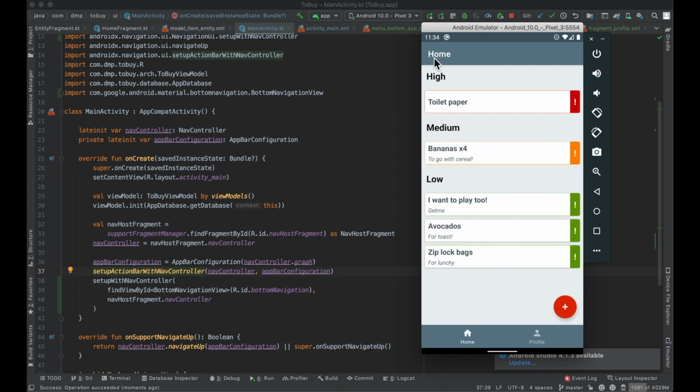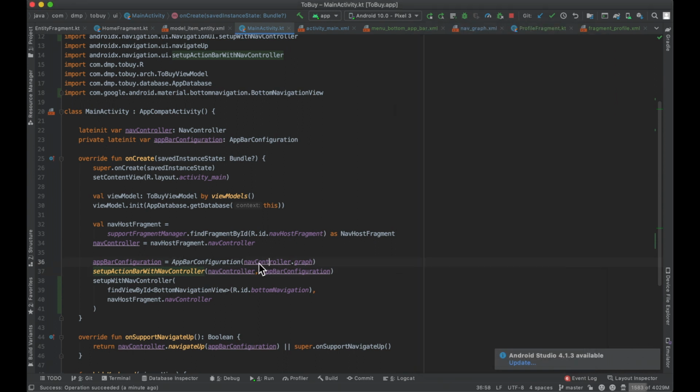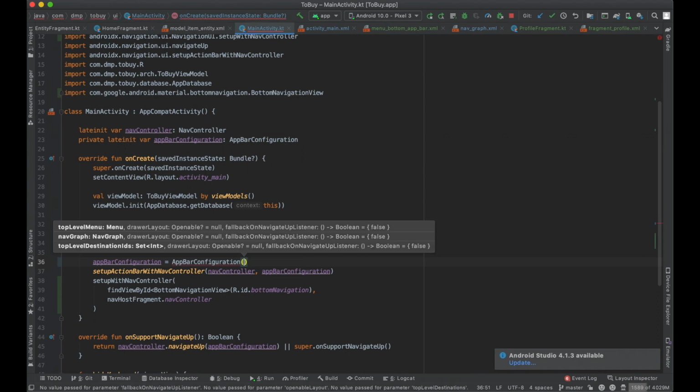Which does take us back, which is really cool, but we don't really have this notion of these two fragments being equivalent as far as both of them being high level. So the system actually thinks that we're navigating into another fragment here from the home fragment, which is why this ends up happening. However, instead of giving it the nav graph here in the app bar configuration, we can give it a set of IDs,